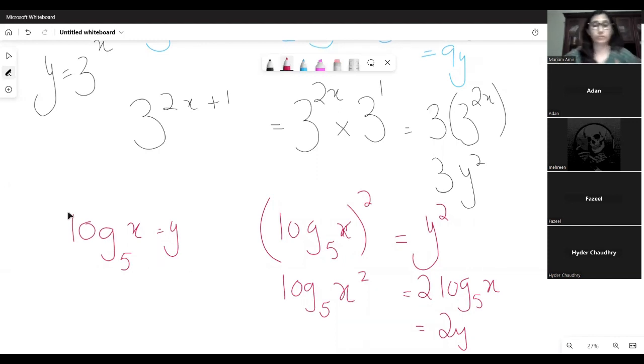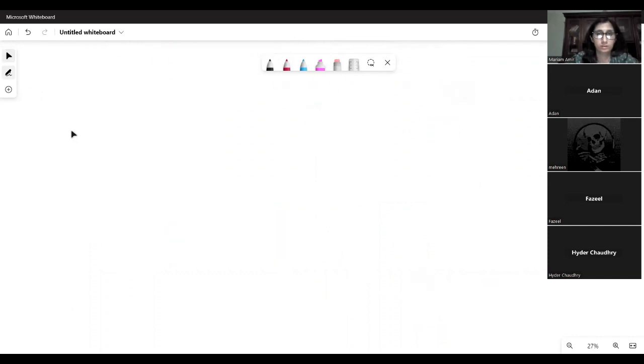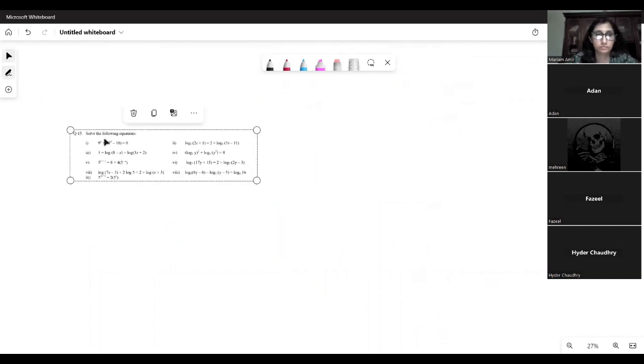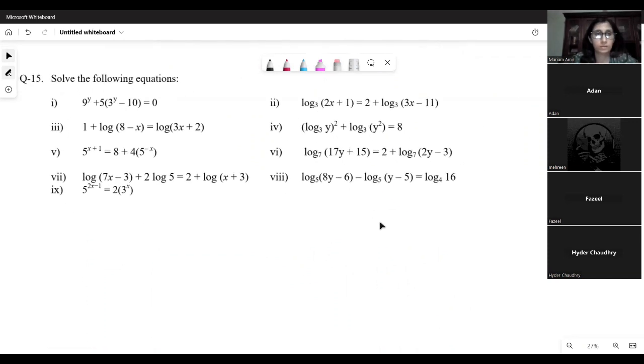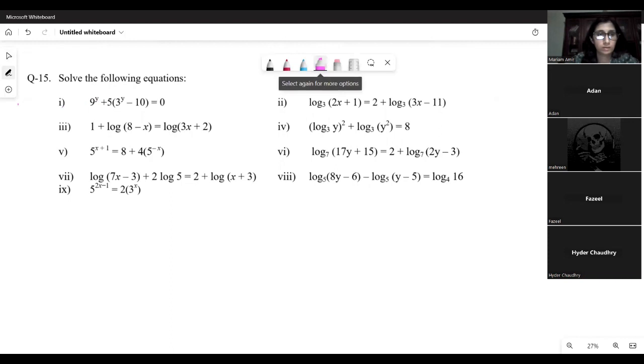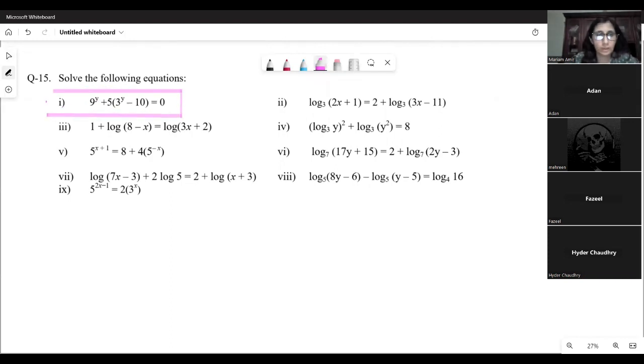Okay. Question 15. Solve the following equations. Let's start with the first one: 9 power y plus 5 times 3 power y minus 10 equals 0. So we'll start with